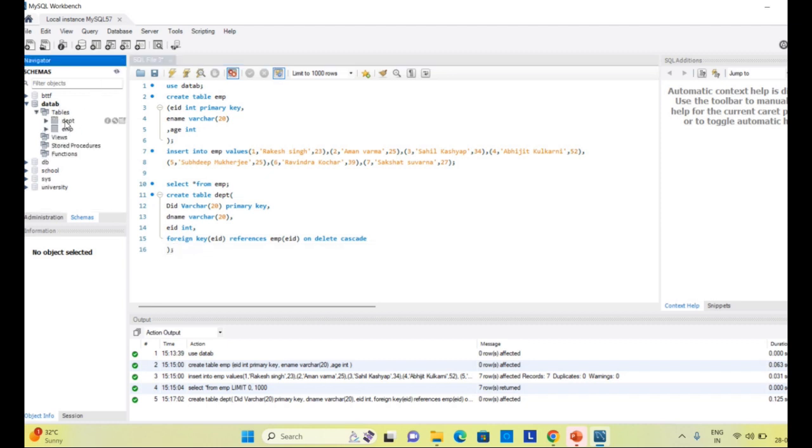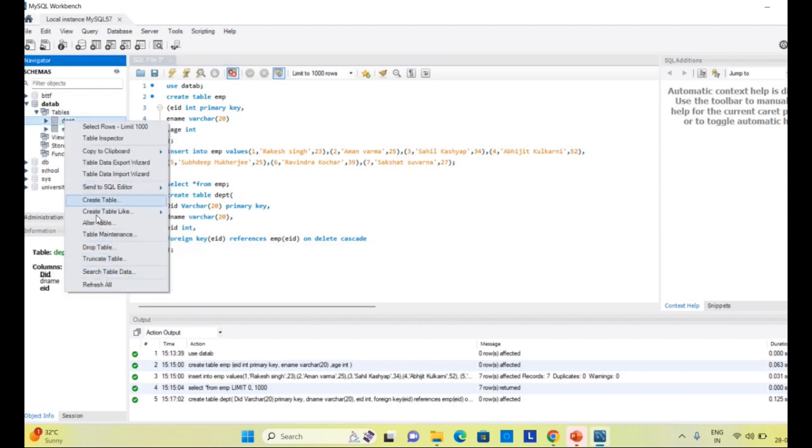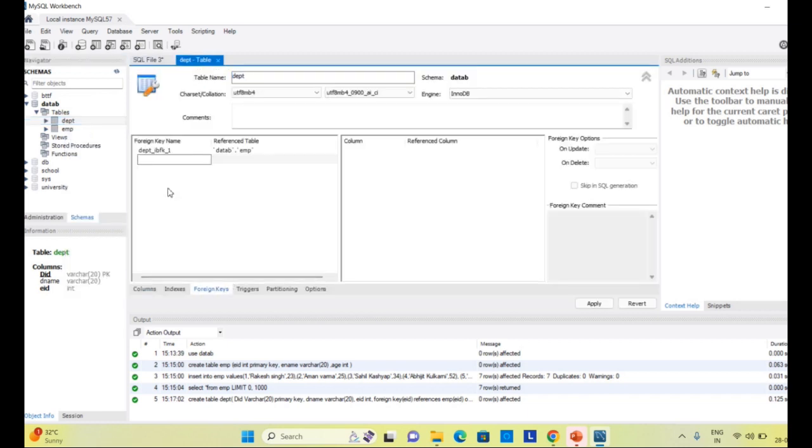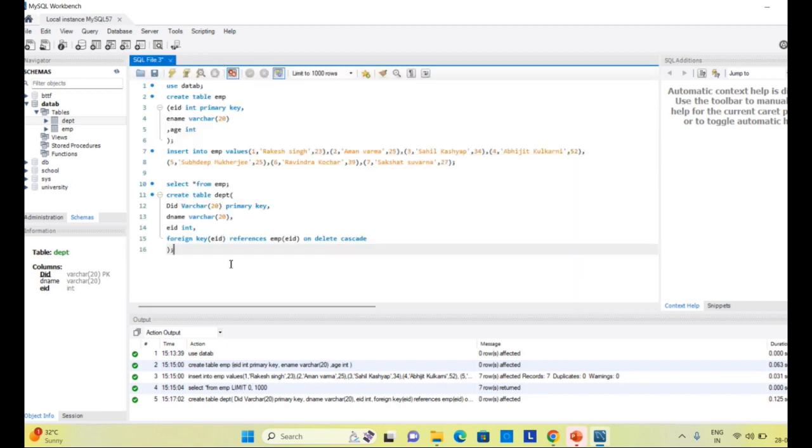You can see here, when I go to the department and alter table, in the foreign key for EMP, on delete cascade is visible. So this is how we have introduced the delete cascade over here.